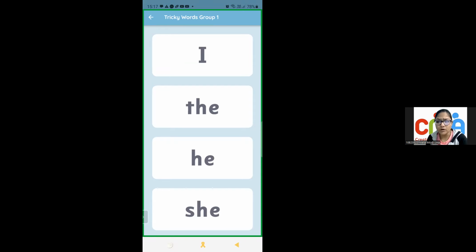They don't do their work. The word has one tricky letter which tricks you, and because of that, we call them tricky words. So it should be sh, she, but it's not she. It's